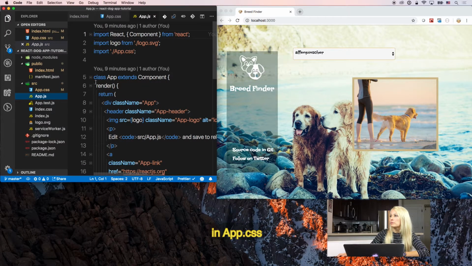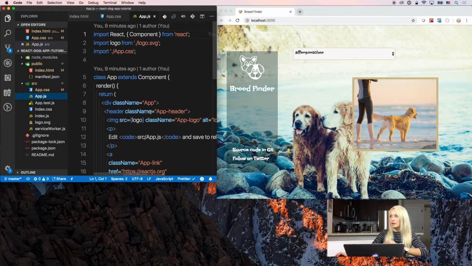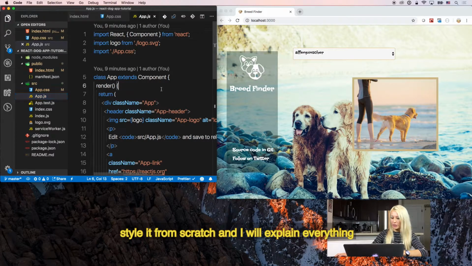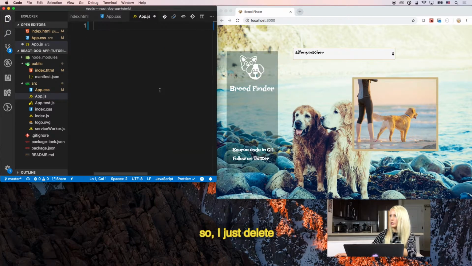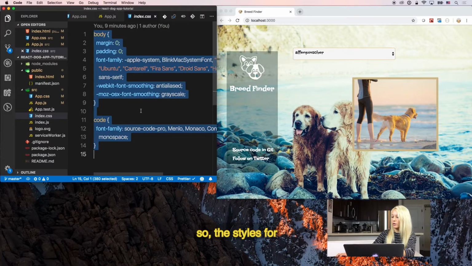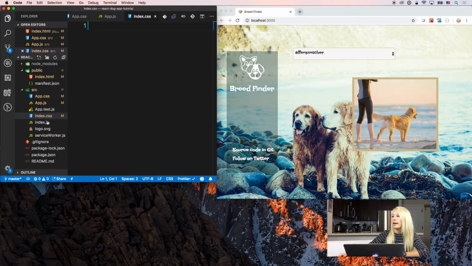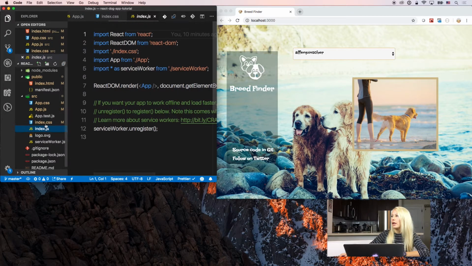In app.css, and in app.js, we will also start from scratch, and I will explain everything. So I just delete it here for now. And in index.css as well, so the styles for our document, we will add them by ourselves.